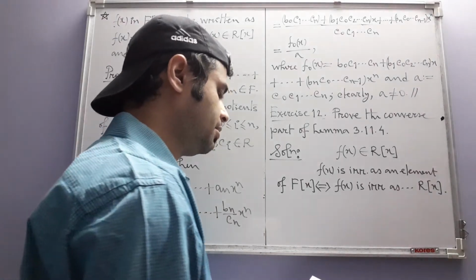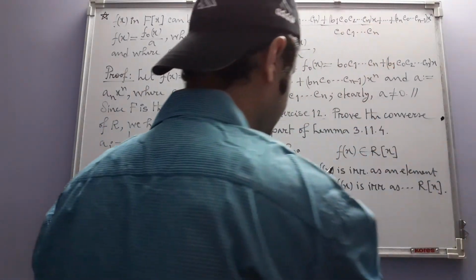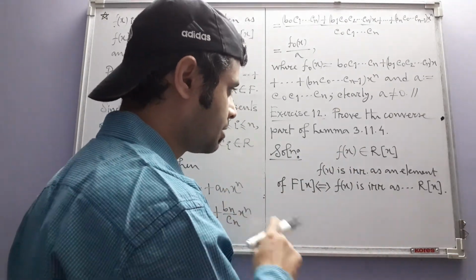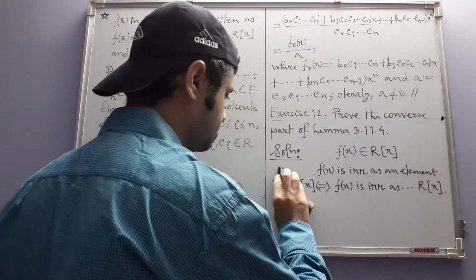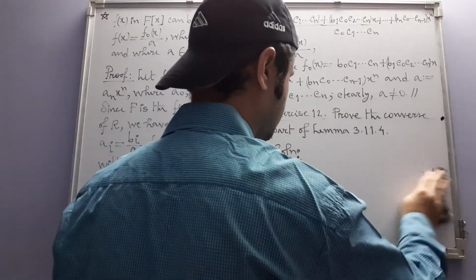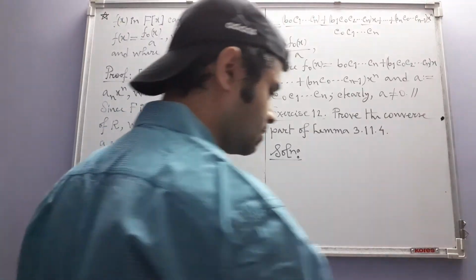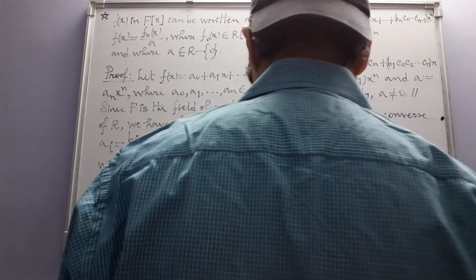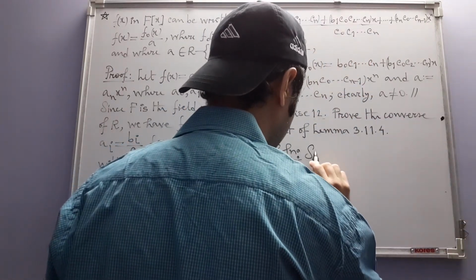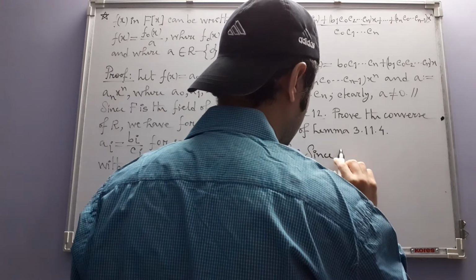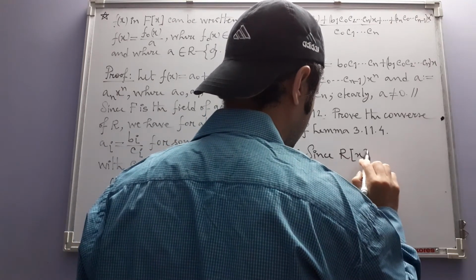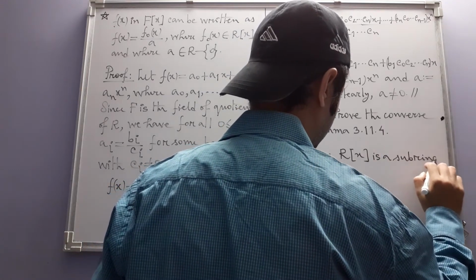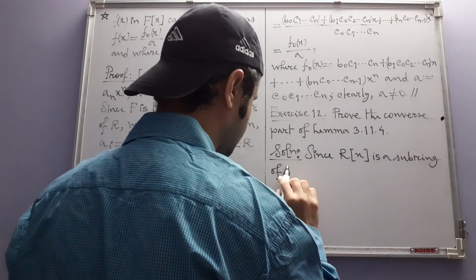Now we have to prove that if it is irreducible as an element of F[x], then it is also irreducible as an element of R[x]. That is the converse part, which however is just something new. It's almost obvious, we have to write that thing. Since R[x] is a subring of F[x],